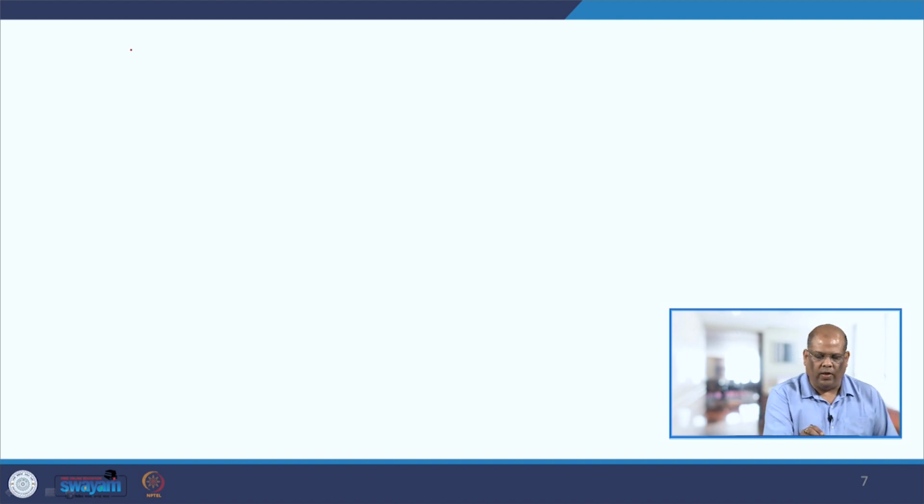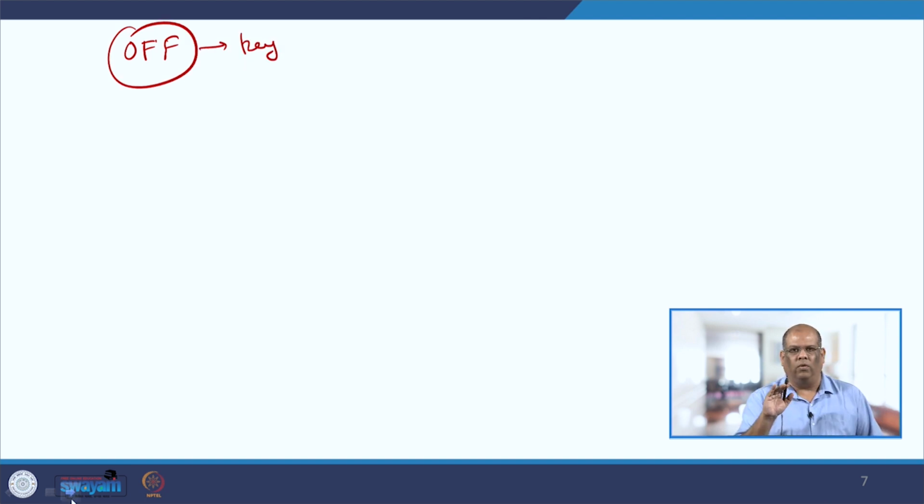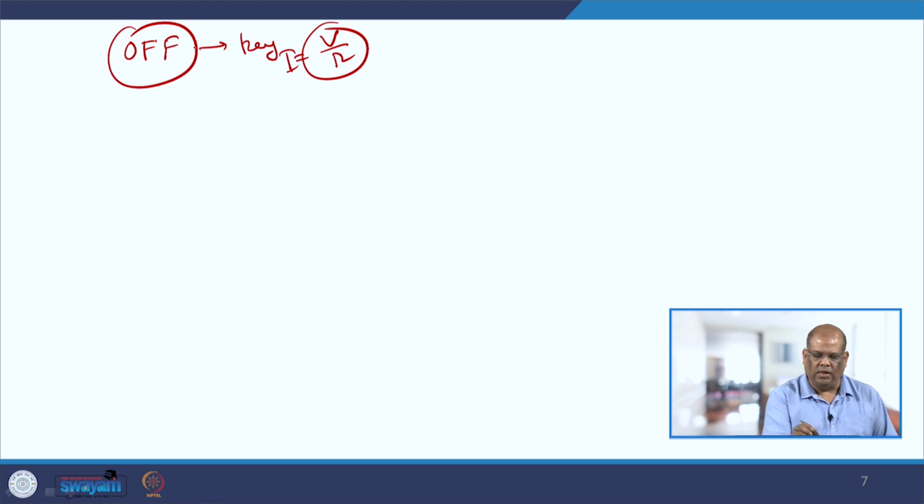So, now you have the key position off. When you switch off the key, it was from the on position, so from the on position you have switched off the key. Your steady value was V by R. So, what will happen? We are going to find the dynamics. What will happen when your current was at V by R? Once in the off position, no current flows,